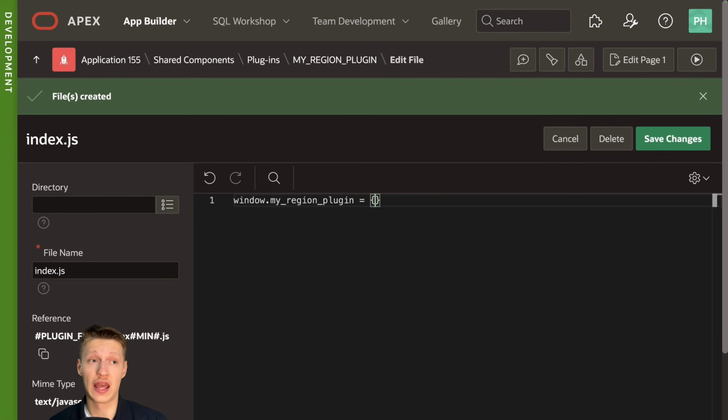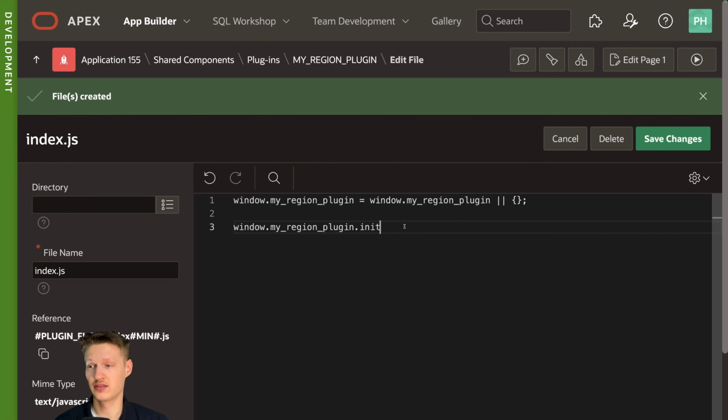But now here's a small hack actually. If you have another plugin and you also want to hook it into my region plugin, you could of course change that to your company name or something. So you have your namespace there. You don't want to override each other's thing. So you can do basically this here. It's basically referencing itself, and then we have an empty object. When somebody else already defined this global object, then leave it, and then we're going to append to that object. So we add an init function to it,